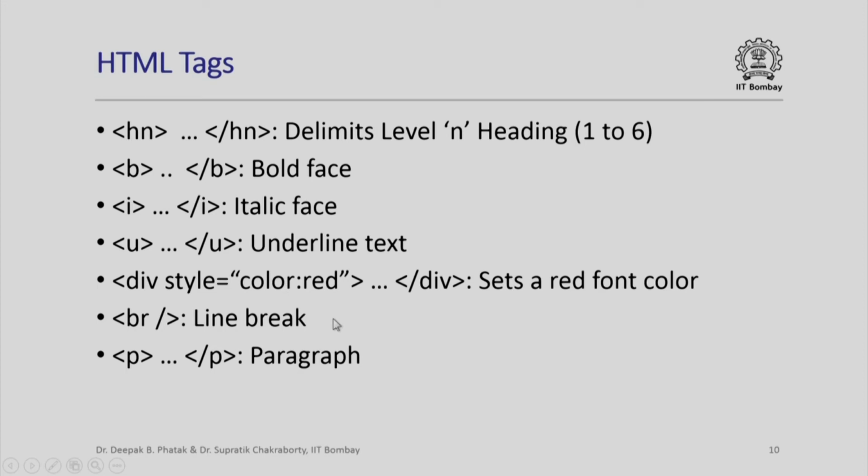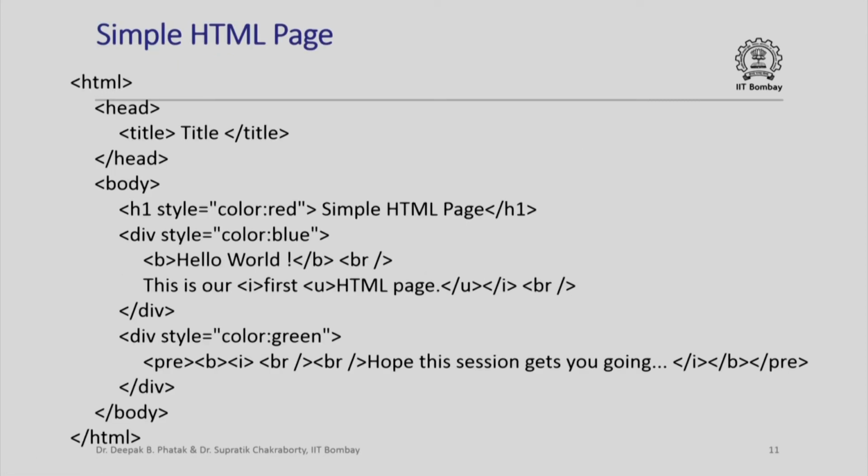When you write text, the text may appear continuously in the displayed page, which is interpreted by the browser. If you want to show a line break, you can just say br slash. Incidentally, br slash is a standalone tag. It is not a part of a pair. So, wherever you write br slash in between any text, the subsequent text after this br slash will appear on the next line. If you want to put some text in a separate paragraph, you will typically say p and slash p. Let us apply whatever we have seen so far to create a simple HTML page.